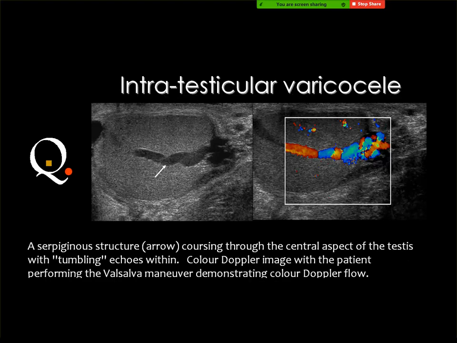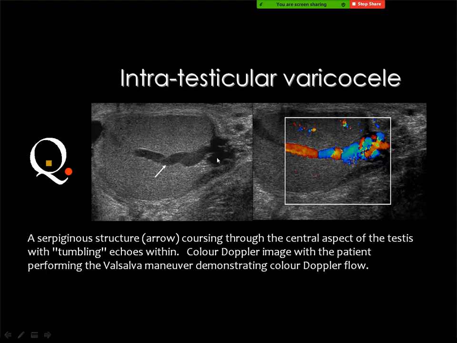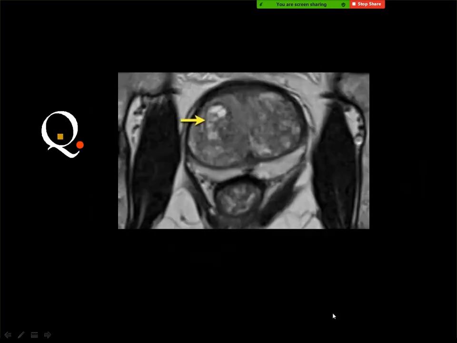Intratesticular varicocele. Very good. Intratesticular varicocele is abnormally dilated veins within the substance of the testicle itself. And most commonly, the varicocele is present in the pampiniform plexus of veins draining the testis, but sometimes this varicocele can be inside the testicle itself. And you know the relation between varicocele and the Valsalva maneuver, where the varicocele will be distended on this maneuver.